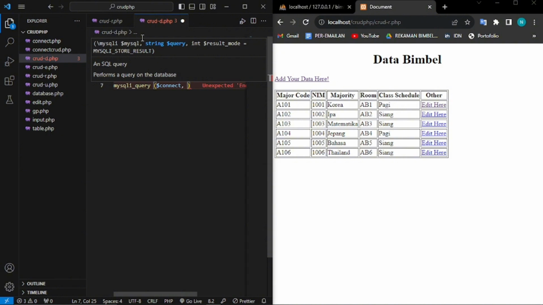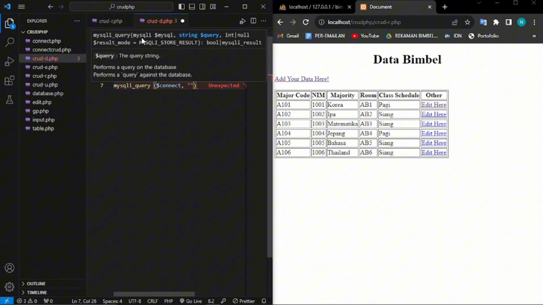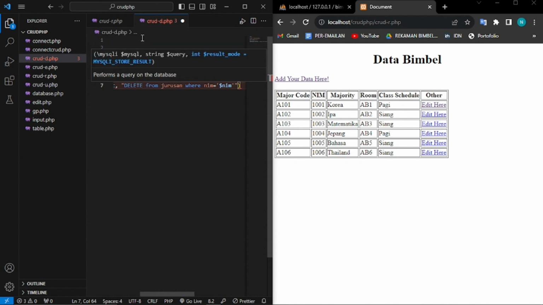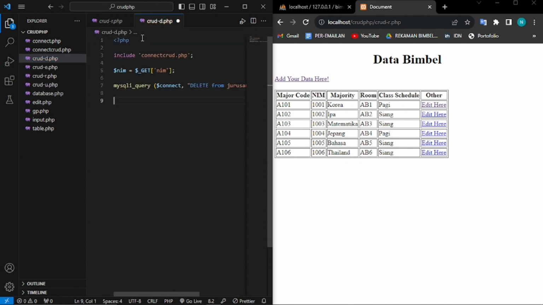And when we want to delete, we use delete, right? Delete from like this, the name of the table. Like this. And then you can end it like this. Close it. And then because we want it to be deleted in here too, when we delete it,